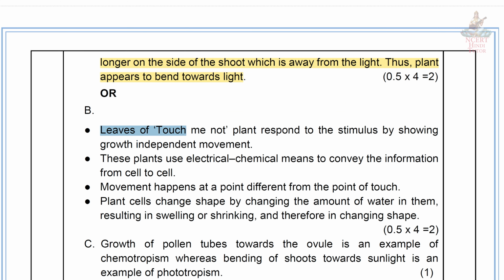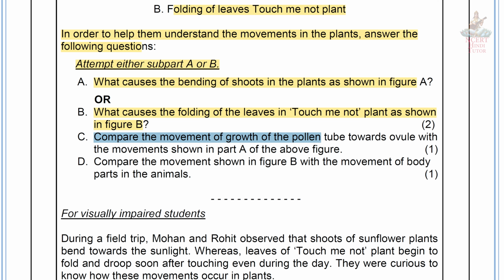Answer. Leaves of touch me not plant respond to the stimulus by showing growth independent movement. These plants use electrical chemical means to convey the information from cell to cell. Movement happens at a point different from the point of touch. Plant cells change shape by changing the amount of water in them, resulting in swelling or shrinking and therefore in changing shape. Compare the movement of growth of the pollen tube towards ovule with the movement shown in part A